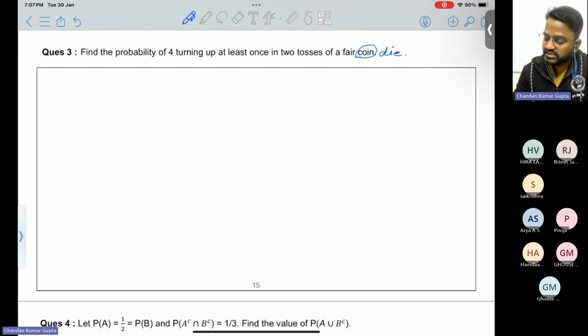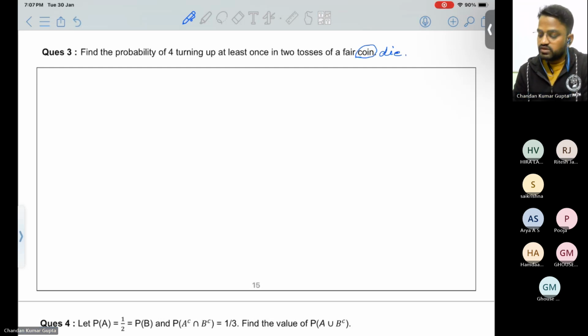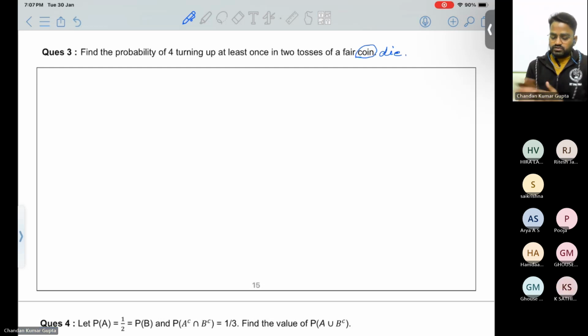Die is used for singular and dice is for plural. Since we have a 1, it is a die. Okay, 4 turning up. Okay. Now,